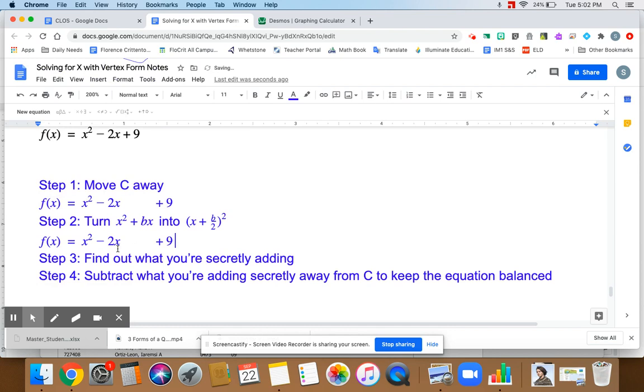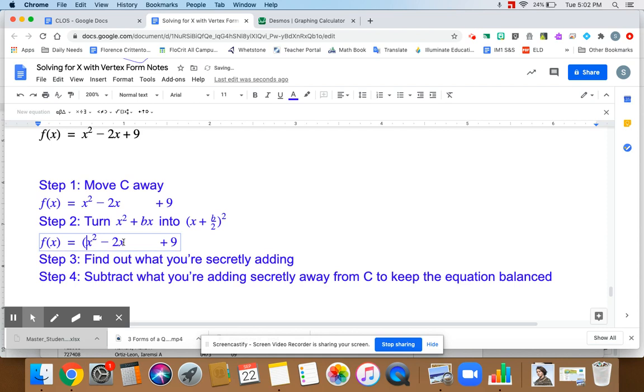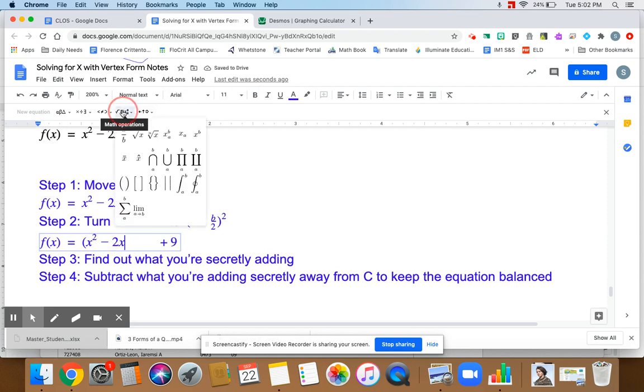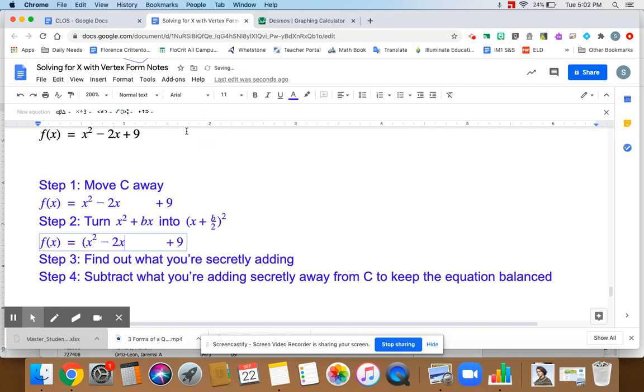Now we're just going to take this middle part and turn it into this, where it gets put in a parentheses. The squared moves from on the x to the outside of the parentheses. The x goes away from here, and this number cuts in half, so 2 becomes 1. Note the minus sign still stayed minus, because this was a -2, and half of a -2 is a -1. So now I've turned this into this,